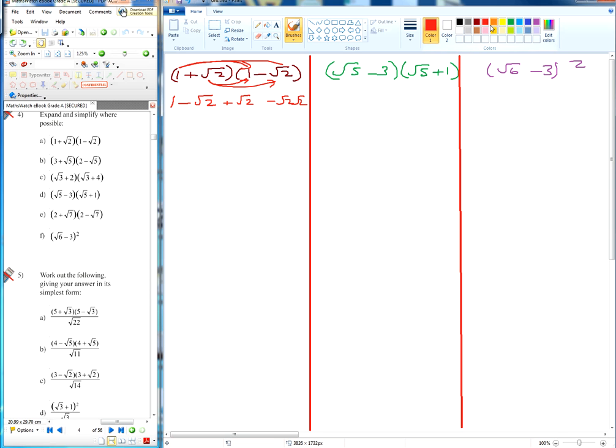So what does that say? Minus root 2 and what? Minus root 2, root 2. Oh, no. Now, minus root 2 and plus root 2 will cancel each other out. Now, minus root 2 times by root 2, when you have a root term by itself, will give you the number inside. So that will give you minus 2. So the answer will be